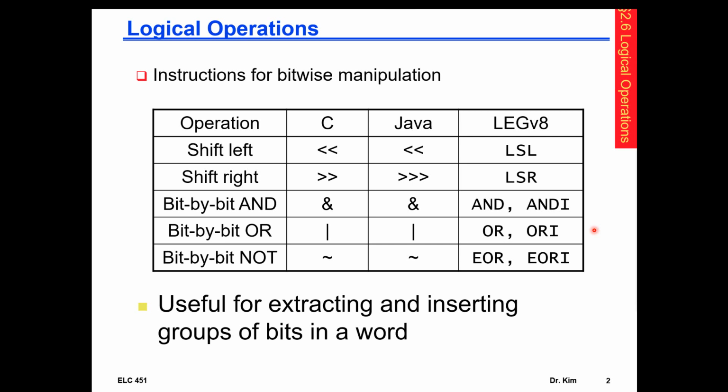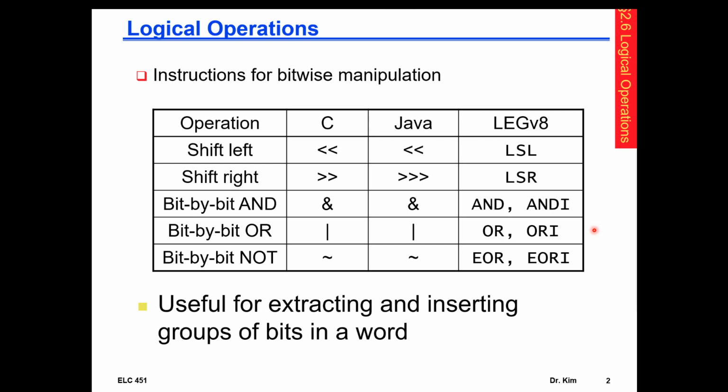And now I want to present some bit manipulation instructions that are pretty much available in every ISA, and how they map to some operators in C and Java. So we have shift left, shift right, the AND and AND immediate. So these are bitwise operations. Bitwise OR and OR immediate, and bitwise the NOT